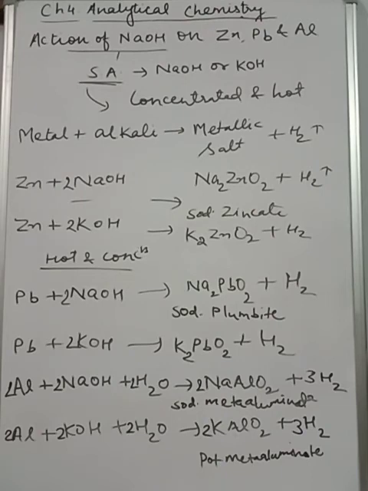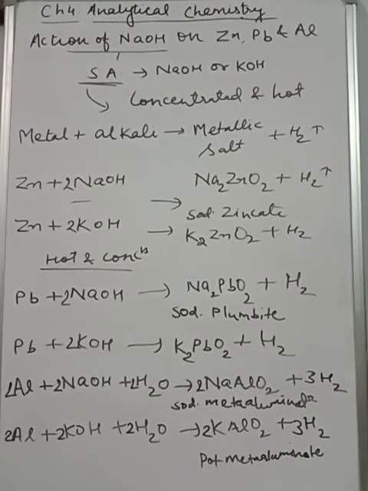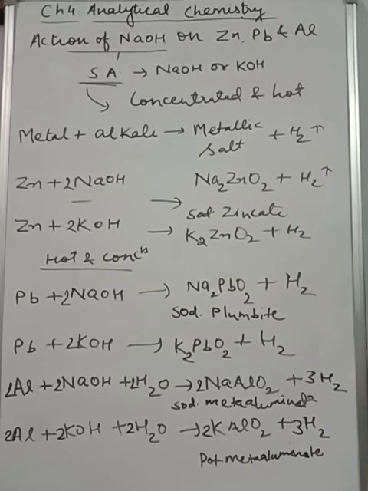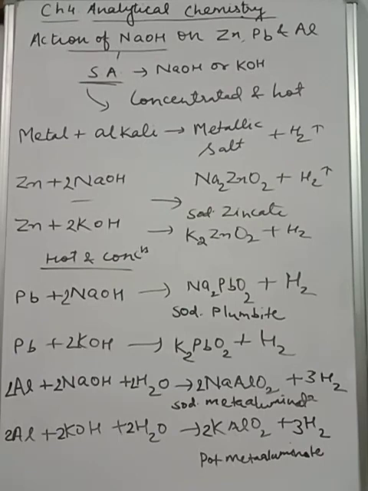Now we are going to do the action of NaOH on the concerned metallic oxides and hydroxides. These metallic oxides like zinc oxide, lead oxide or aluminium oxide are capable of reacting not only with alkali but with acids also. That's why they are known as amphoteric oxides. So we are going to discuss the action of alkali on amphoteric oxides, but we will do it in the next video. So for this video, that's all children. Thank you. Now continue with the next video.